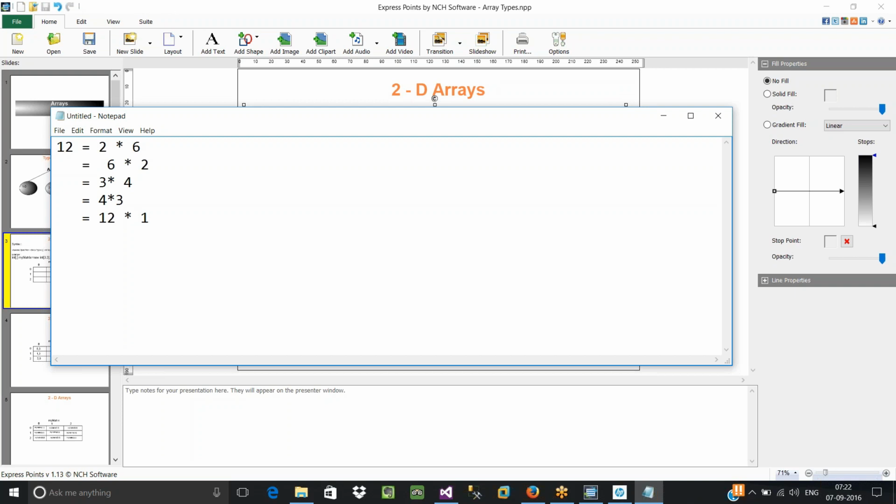So in order to accommodate 12 different elements into your 2D array, the dimensions of your array should be like this.